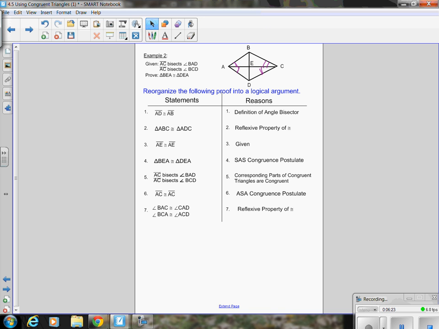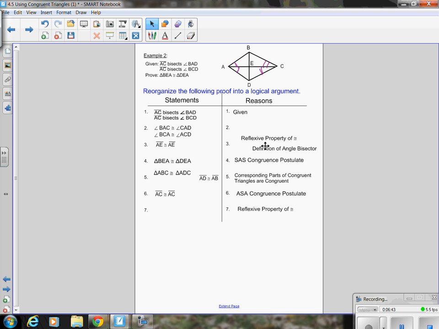Well, let's start with our givens. Way down here, move that down, move that up. And the reason for that is given. I already showed some angles from that idea of bisects. We have some angles congruent. And where we have angles, definition of angle bisector. All right, so once we have those congruent,